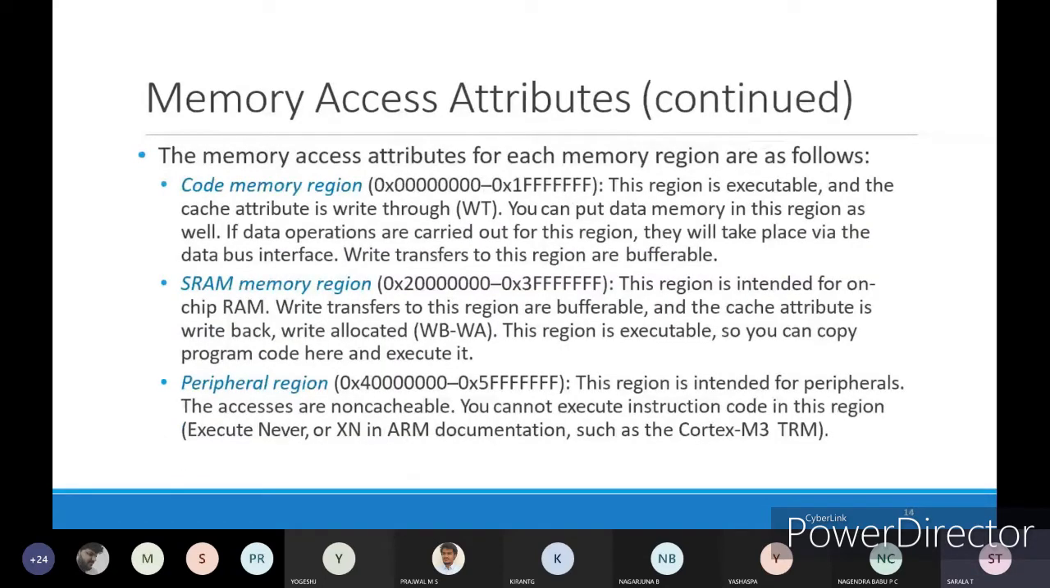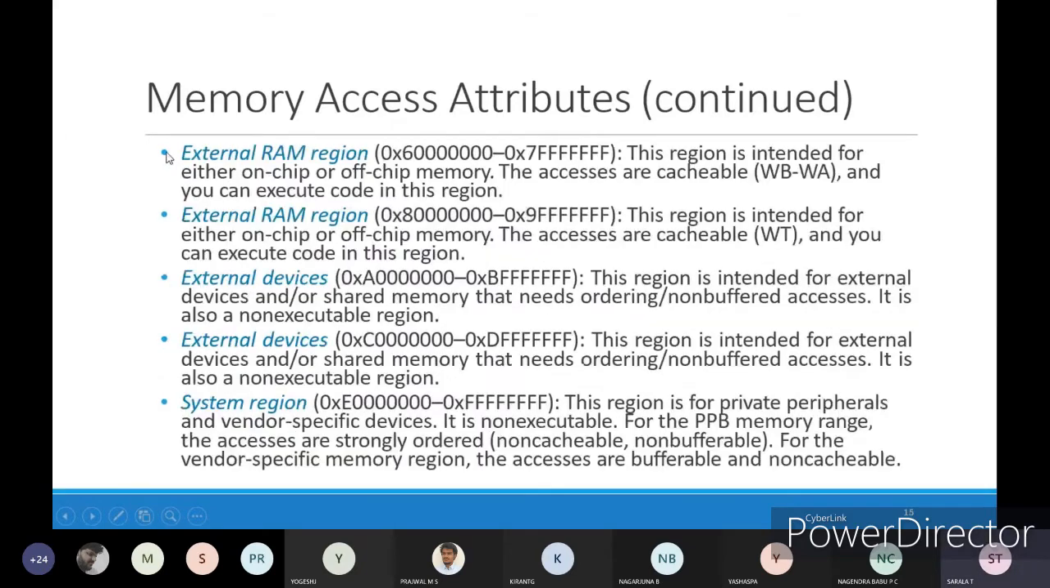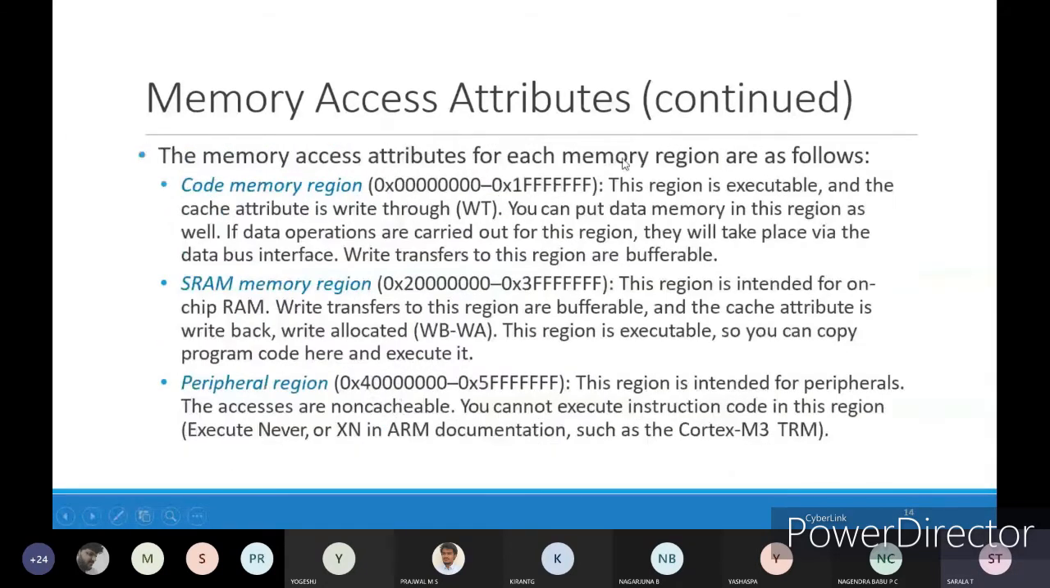Next we have memory access attributes. With respect to that, we can see what all the regions come under cache memory, what all the regions come under shareable, and what all the regions come under executable. Memory access attributes for each memory region are as follows. Here you can see the code memory region, that is from 0 to 1FFF. This region is executable and the cache attribute is write through,